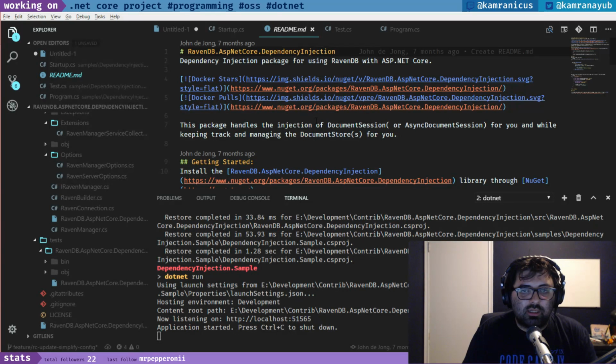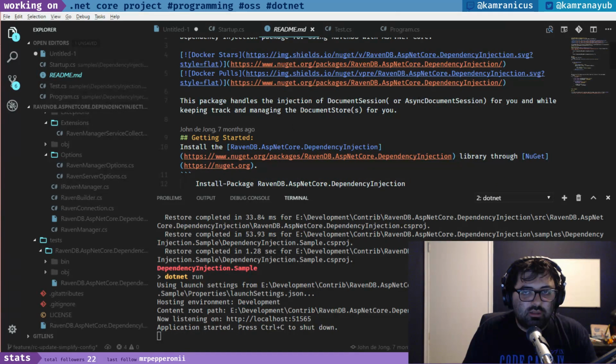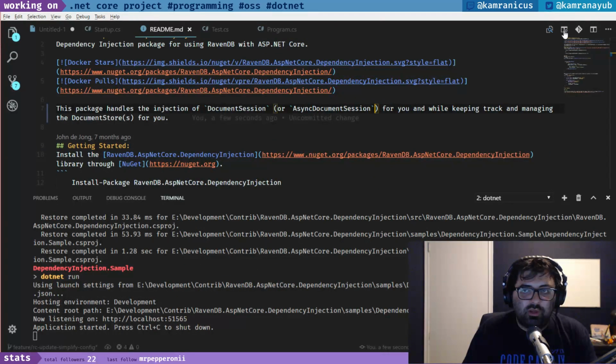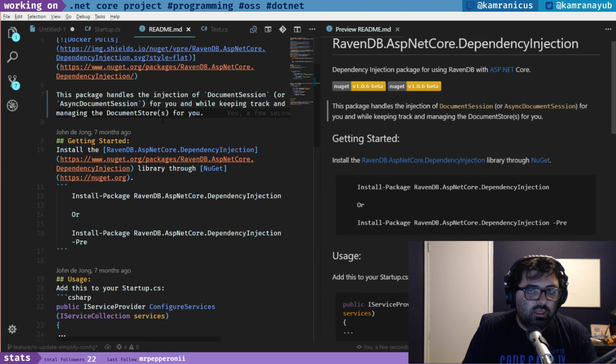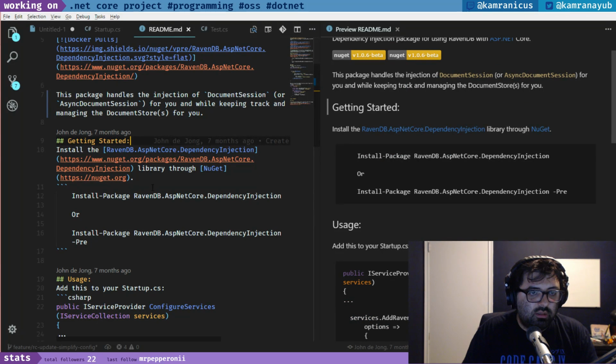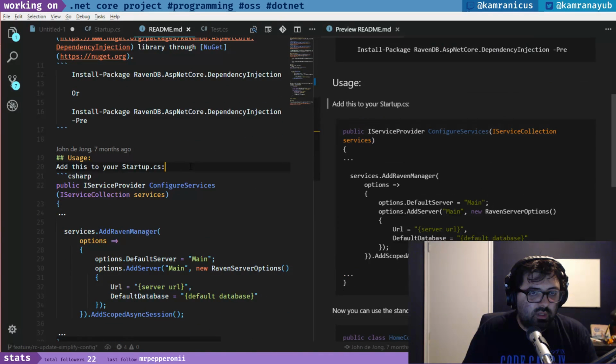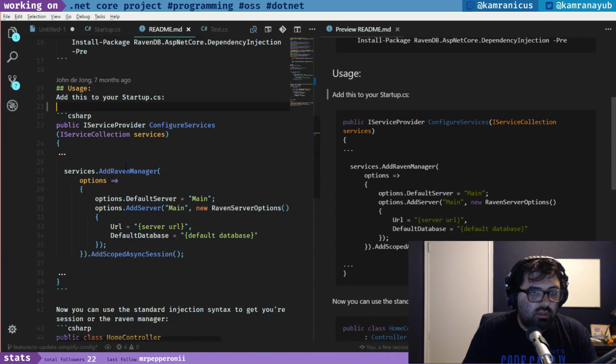So down here, I also saw a grammatical error. Oh, right here. And let's just be clear. Let me get rid of this side view here and open up the preview. Get rid of this too. Alright. Getting started. Add this. Okay, so rather than saying